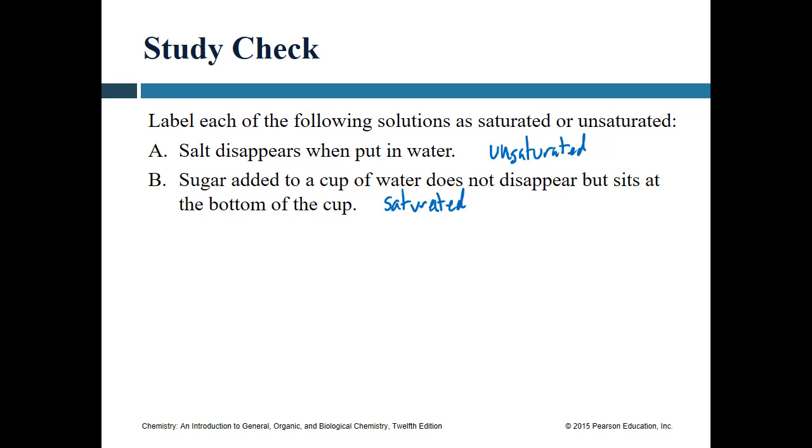So if you took it to the exact limit and no further, technically that would be a saturated solution. Now, visually speaking, you wouldn't be able to determine if it was saturated or unsaturated until you tried to add more to it. But if we took exactly 100 grams of water and added exactly 201.9 grams of table sugar to it,